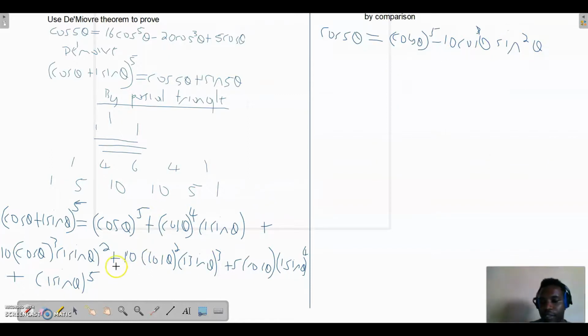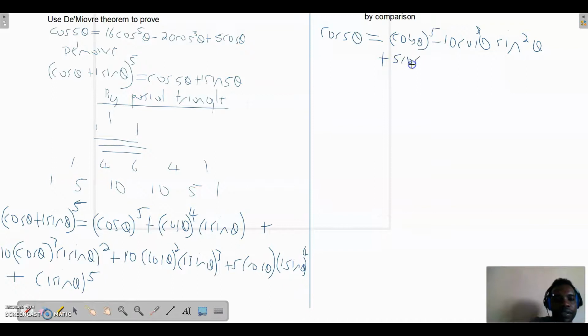It means that the next term that we have here is actually imaginary, which means that the term afterwards would be real. Now, what about i to the 4? i to the 4, we can look at it in terms of i squared times i squared. And i squared is negative 1. So negative 1 squared is positive 1. So I'm going to end up with a positive